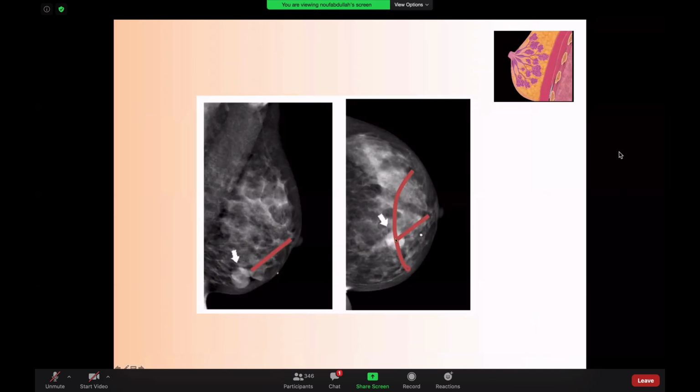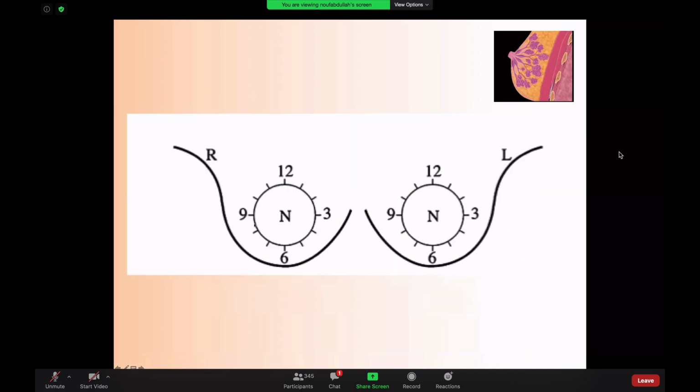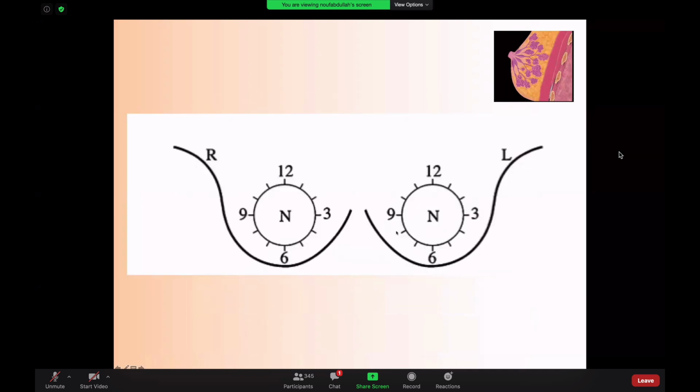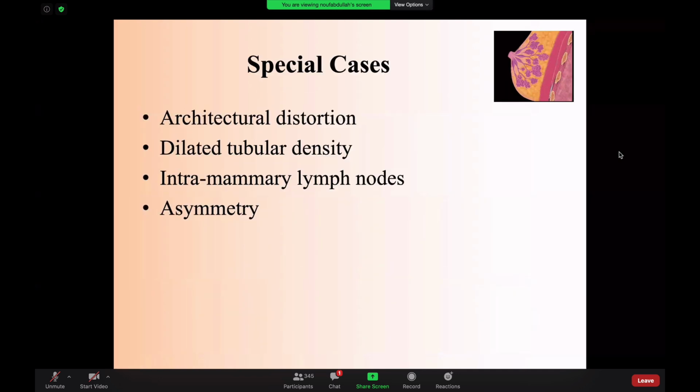So what you do is, this is my lesion. I will measure with my fingers how far from the nipple. I will draw my arc. I will measure on the MLO, draw my arc, and then I will be able to tell that this lesion is the same as this lesion. And then I will give the exact clock location, and I will try to identify that lesion on ultrasound.